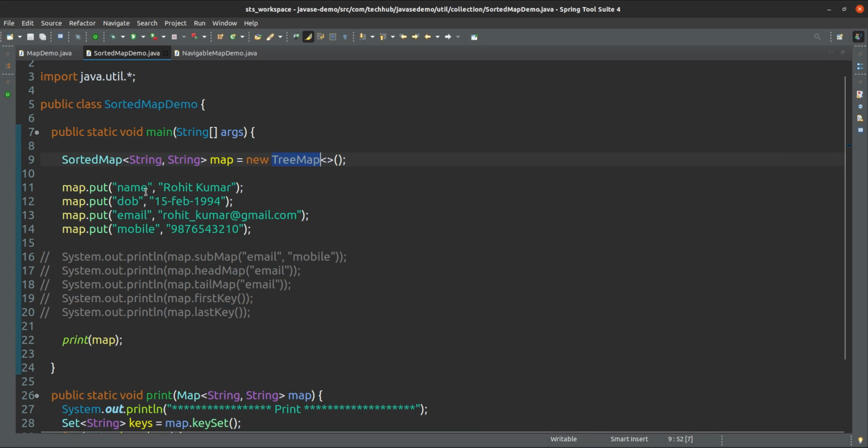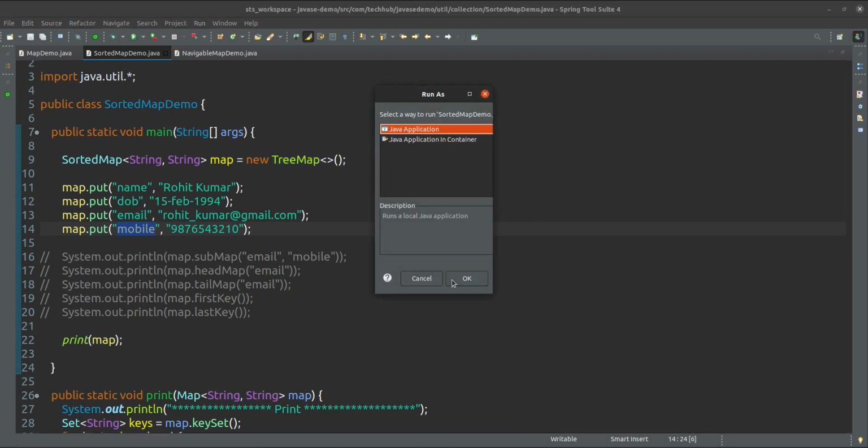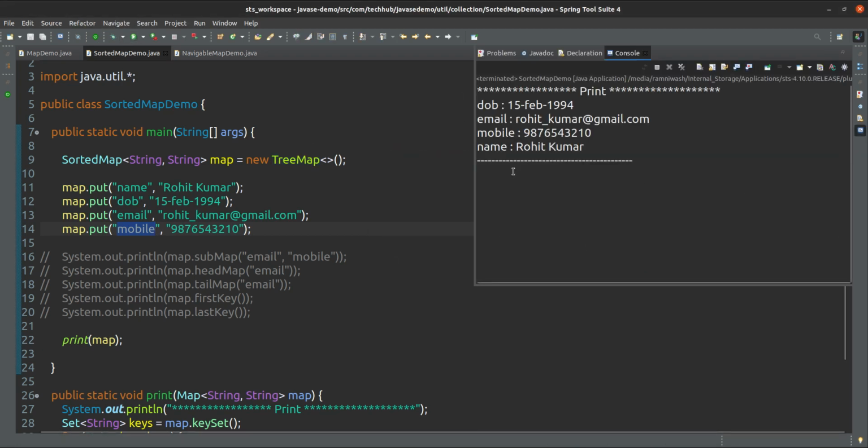Here I have added name, date of birth, email and mobile number. So how will the elements be sorted? The sorting of elements is defined based on the key. First you added name, but date of birth is coming first. Why?